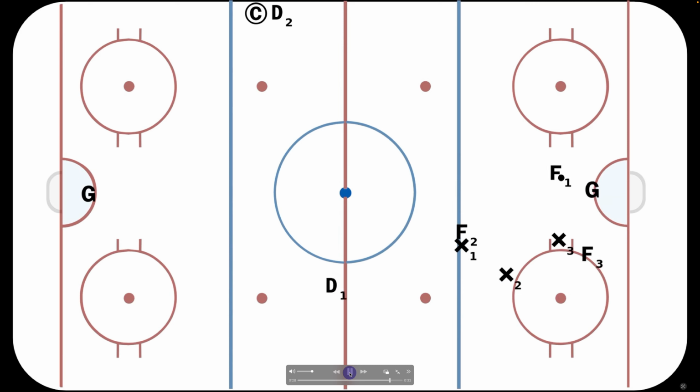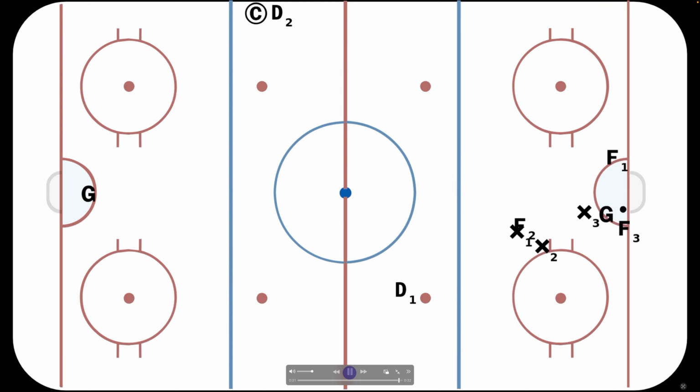And here we have a successful sequence. Now, I always laugh to myself because 85 to 90% of these animations always end in a goal. And I always try and come up with nifty sequences, give and goes or bank off the post or something of that nature. And I'm certain the goalies get very irritated to see that every animation ends up in a goal. So every now and then I try and put in a save, but I always wonder what the goalies are thinking. Anyways, having said that, moving forward,